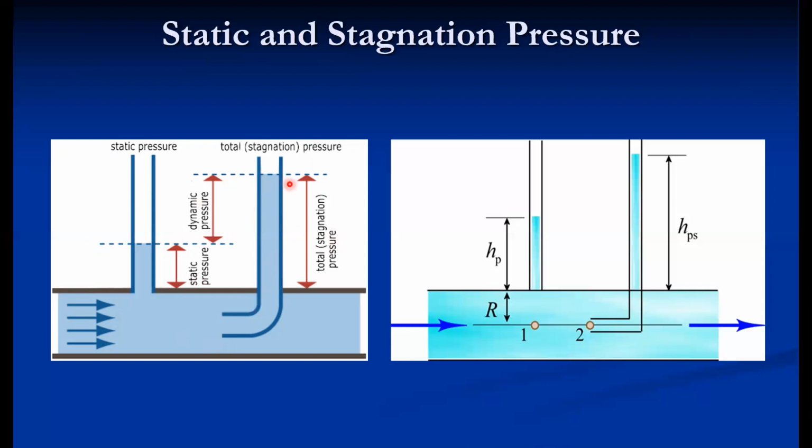It is called pressure when its unit is Newton per meter square, and we can convert pressure head into pressure by multiplying by the specific weight of that particular fluid. But if it is only in meter, then it is called static head and stagnation head, or the difference it gives you, that is dynamic head. So these are some additional terminologies of the pressures.